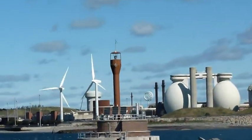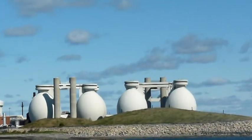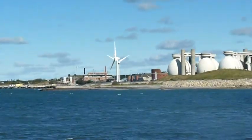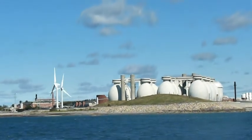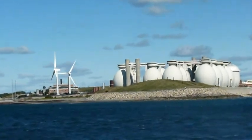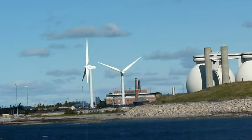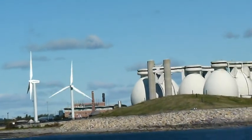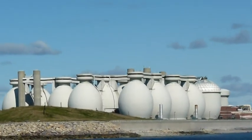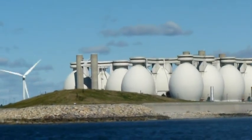You can swim, you can fish, you'll see lobstermen taking lobsters out of here, and of course boating and sailing is wonderful in this area. Recapturing the methane gas produced in the filtration process, as well as some hydropower, they're able to generate about 40% of all the electricity they need to run that entire facility. So it's a great example of green technology being used in a plant originally designed to clean up the harbor. So it's a win-win situation. Now back on our right